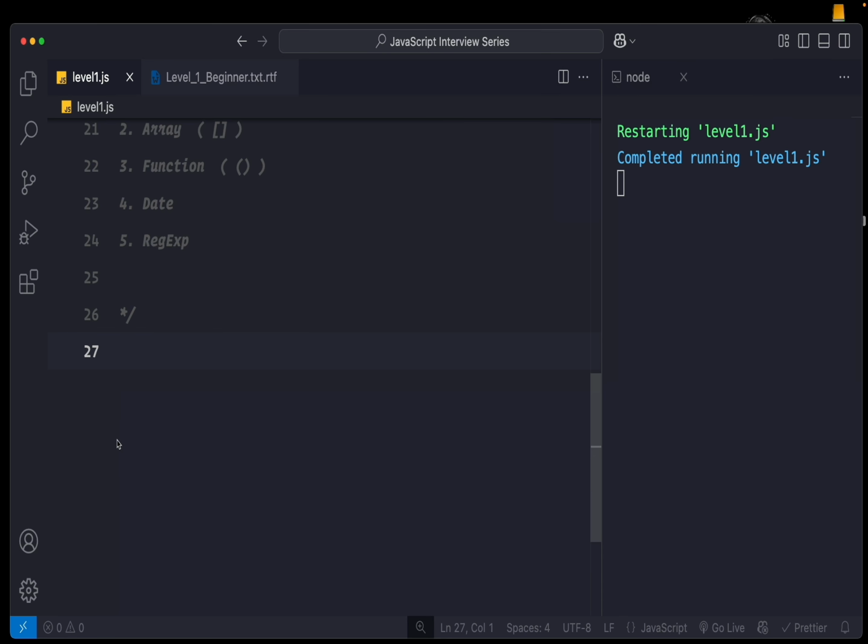Here I'm going to say let a equals 10. Very simple. Okay, and then let b equals a. Now what happens is that b gets a copy of a's value. Okay, and now if I say b equals 20, and then I console.log a,